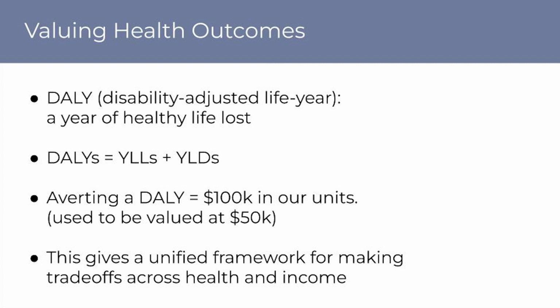So we can value health outcomes now using some of the terminology we've defined. Many of you are familiar with disability-adjusted life years, which are this nice unit of comparing both years of life lost and years lived with disability. In our current valuation, we say that averting a single disability-adjusted life year is worth 100,000 OpenPhil dollars, or $100,000 in philanthropic impact. If you're an OpenPhil watcher, you might have noticed that we recently doubled this value. We used to value it at 50,000. Now we value health even more.